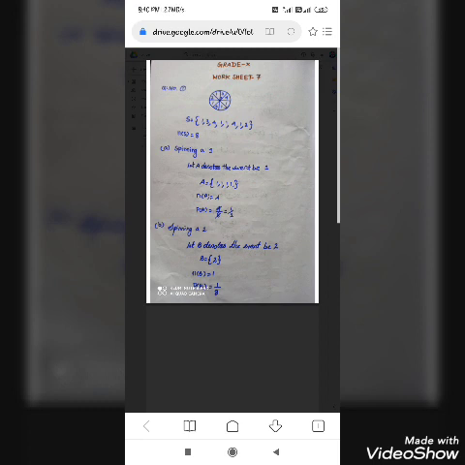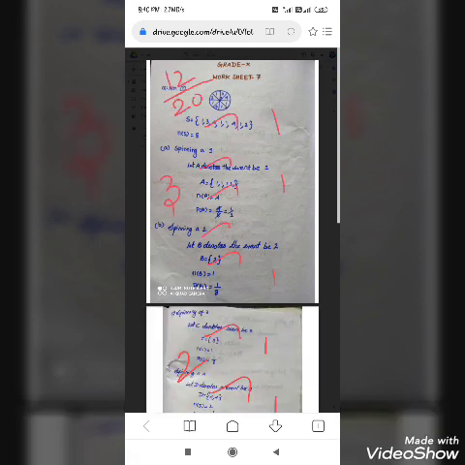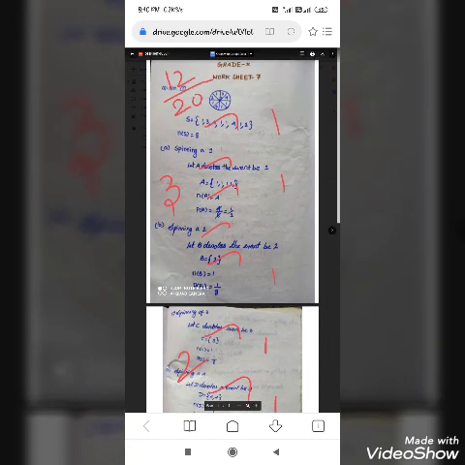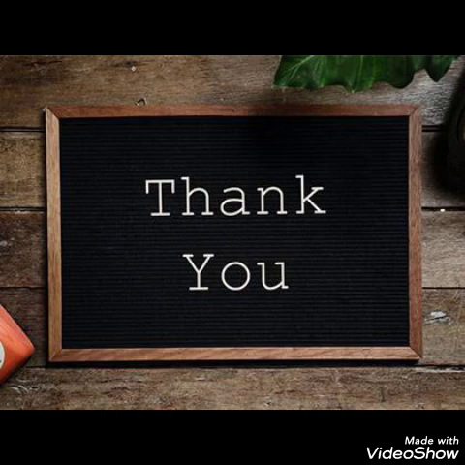so now, one by one, each and every paper the class teacher can download and send to the students. So whatever it is, we have to follow the rules and regulations. So now we finish the correction.